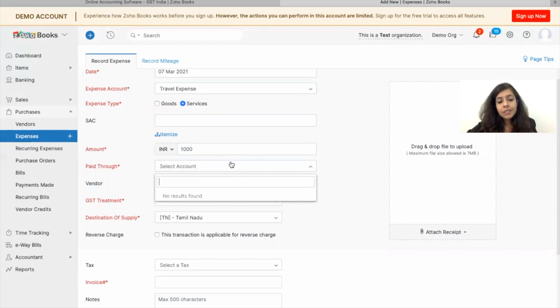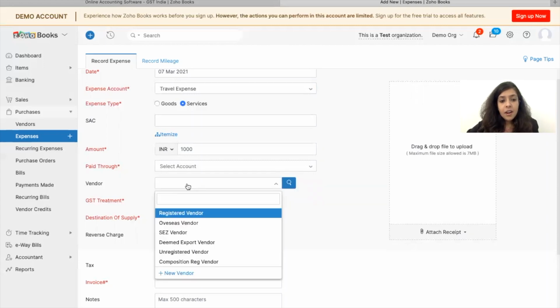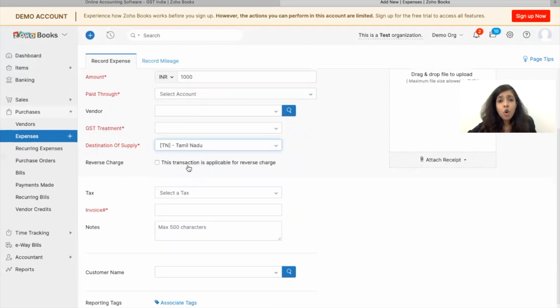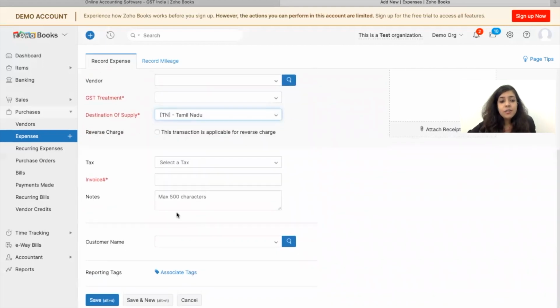Now currently you cannot see anything in the drop down because first, this is a demo version. Generally you will see options like cash or bank transfer or bank remittance. Once you've defined your bank account, this option becomes eligible and it will become available. Then you select the vendor. Again, for expenses, you will have to ensure that that particular vendor is actually created. And then you select the destination of supply, which is your address where you are based out of. That is based on your GSTIN. And you will select whether or not tax is applicable and what is the invoice number.